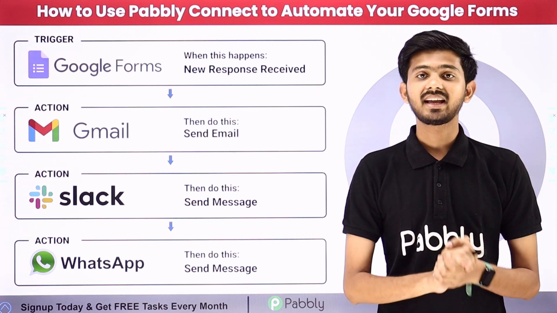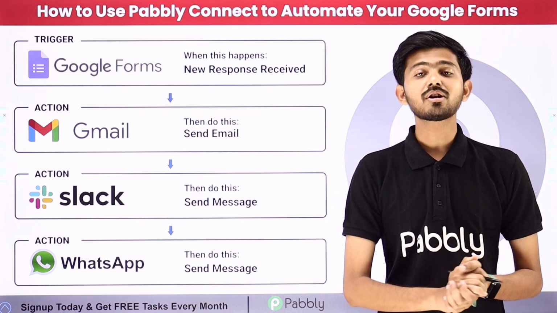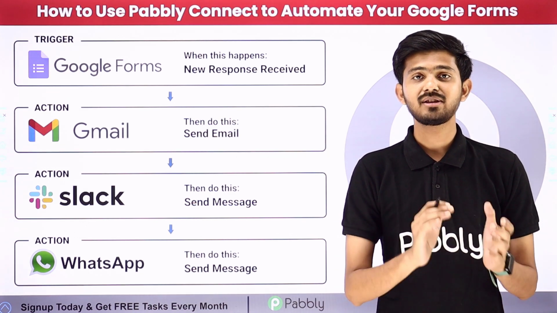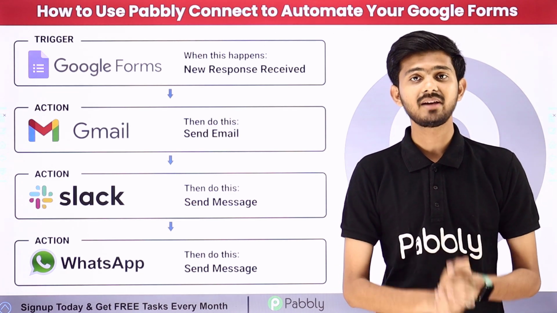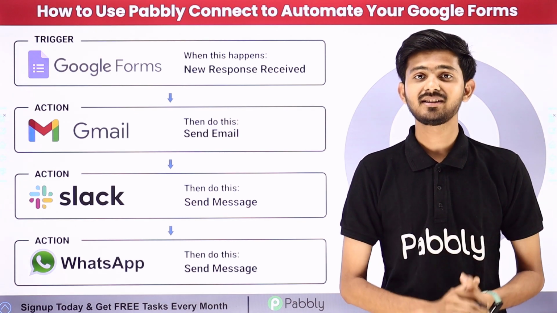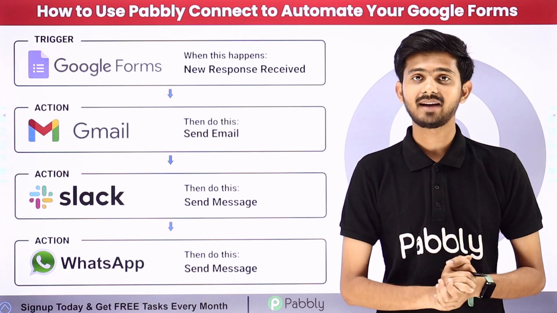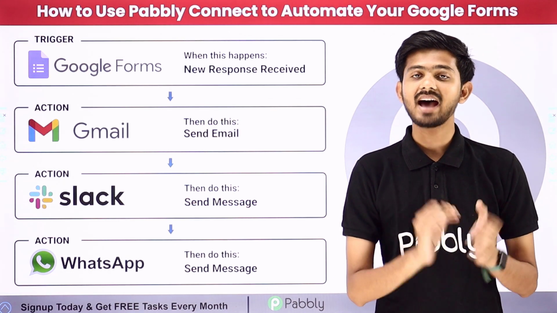Here I'm going to take an example: whenever I receive a new Google Form response, I'm going to automatically first send an email to the user who filled that form by using Gmail, and after that I'm going to send a message automatically on my Slack channel to notify my team. And after that, I'm going to send a message on WhatsApp to my user that their form has been successfully